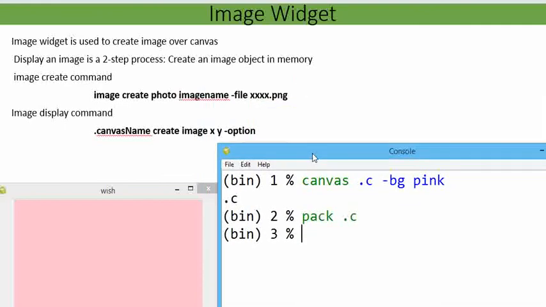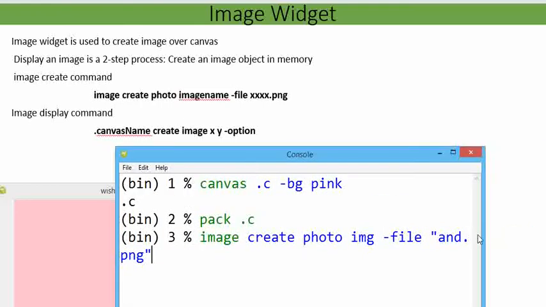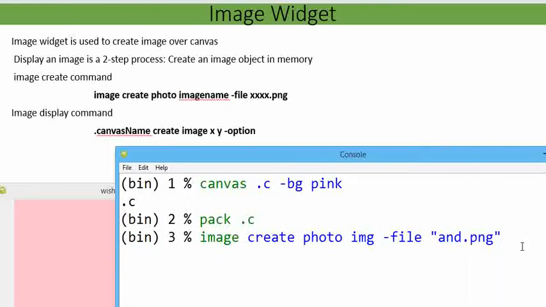So the command is image create photo, give a temporary name img, -file. What is the name of the file we had? We need to give and.png with the extension. Let me enlarge the complete size here. And.png.